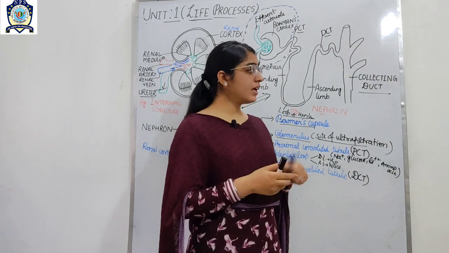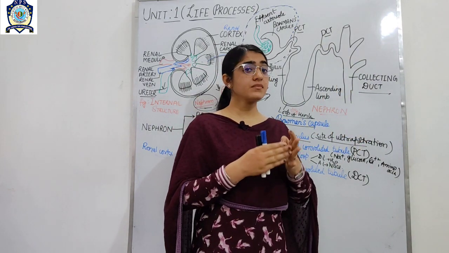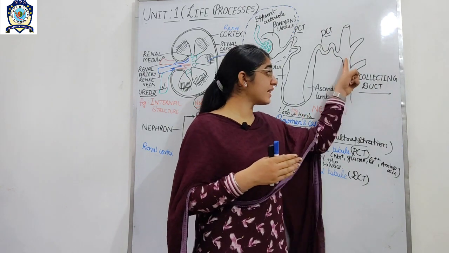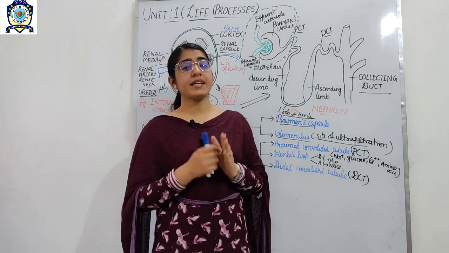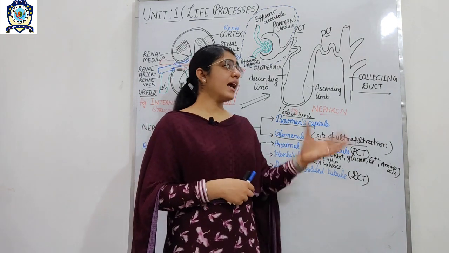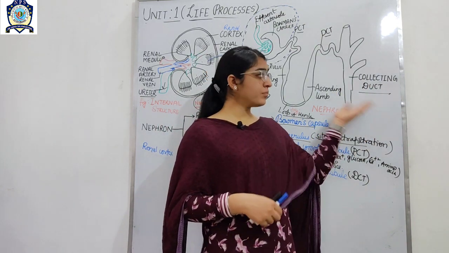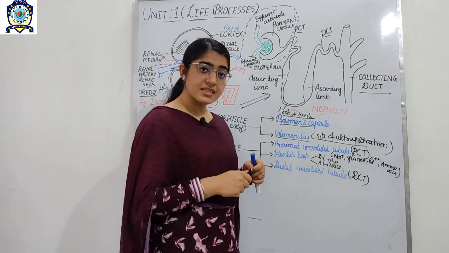You can say in the collecting duct urine is collected, or in these larger tubes the nephric filtrate is collected in the form of urine, and from this larger duct, the collecting duct, it passes the